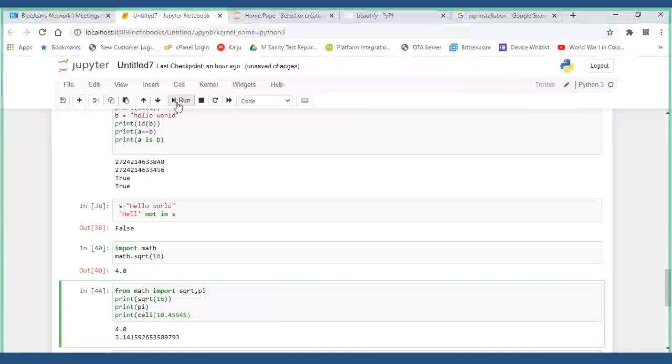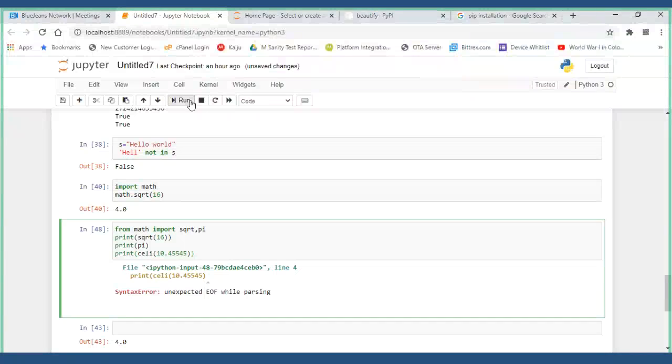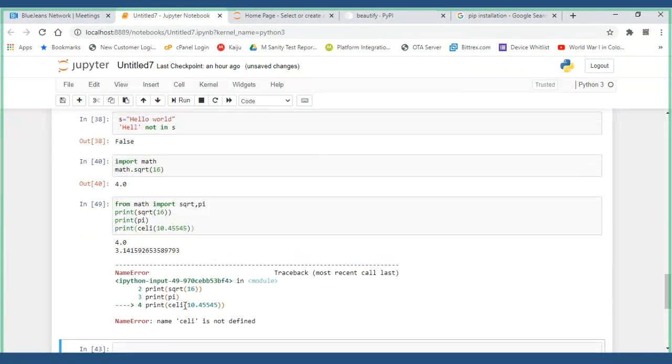Let me run this and see what I'll get. Unexpected end of line. Okay, print CEIL, the ceiling value. Correct or not, this one?